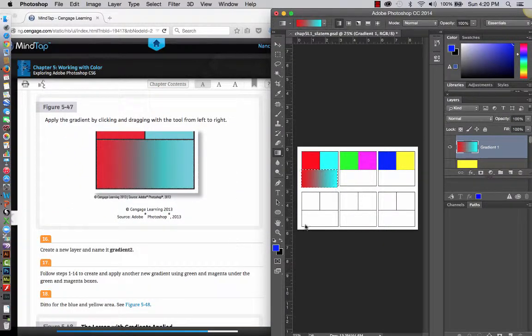And then you are going to go through with the rest of these, starting on number 16 in your textbook, create a new layer and name it Gradient 2. But again, if you have difficulty with the remainder of this, or if you need some assistance, make sure you let me know. Ask me and I'll be